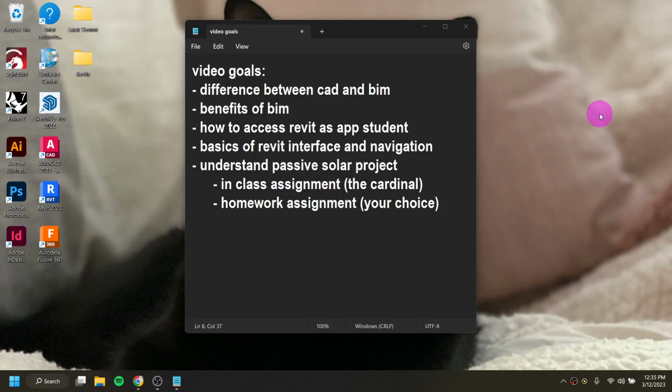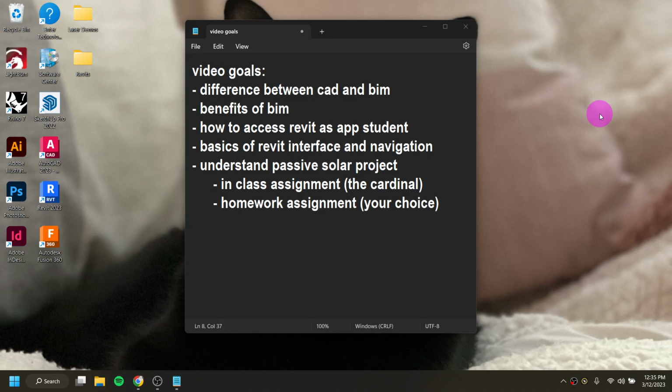All right, so before we jump into things, I just want to go over what the expectation is for what you have in place by the end of this video. What we're going to look at are the differences between CAD and BIM, what the two of those things are, why we would want to use one over the other, and how BIM has come into play. Some of the benefits that BIM brings to the architecture, engineering, construction community, as well as how it comes into play